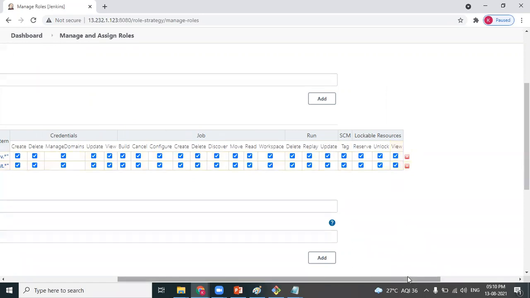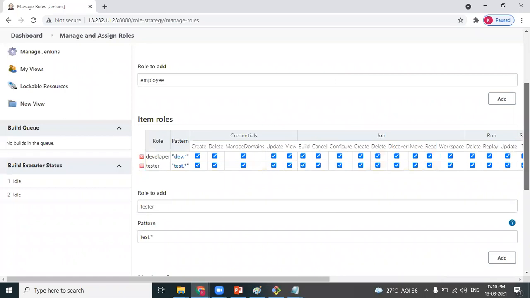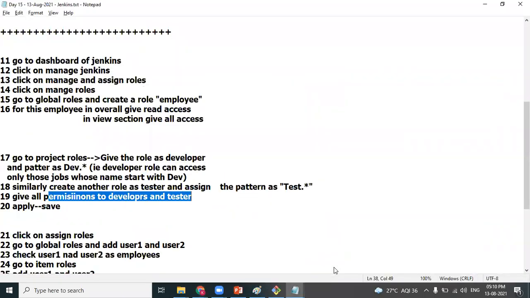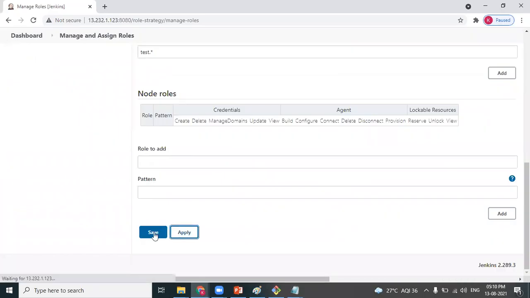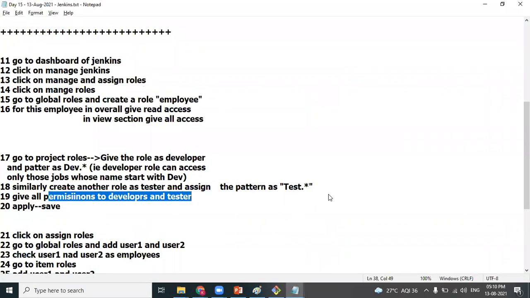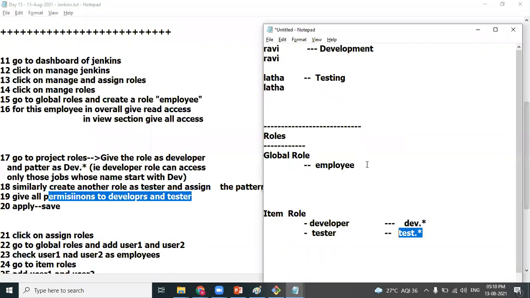So I have created roles: one global role, employee, and two item roles. Next, once the roles have been created, we'll be assigning roles to the users.